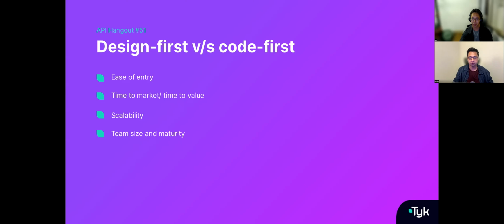But equally with code first, you could achieve some of those things as long as you keep in mind that you are coding first, documenting later, but you are documenting. Do not forget the documenting part of things, because it's very easy to overlook something like that in the heat of the moment where you're just going feature, and let's just build it out and ship it out. That's not the best way to go about doing it. That's where I think it exposes a bit of a vulnerability with code first.